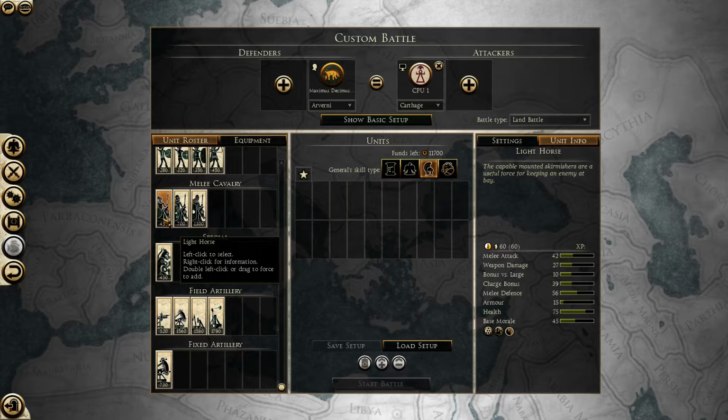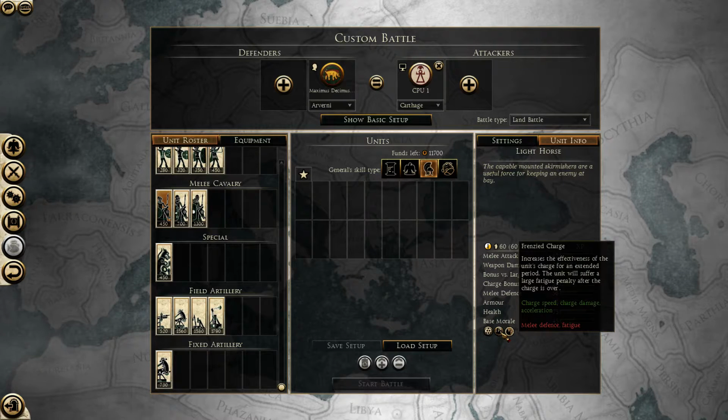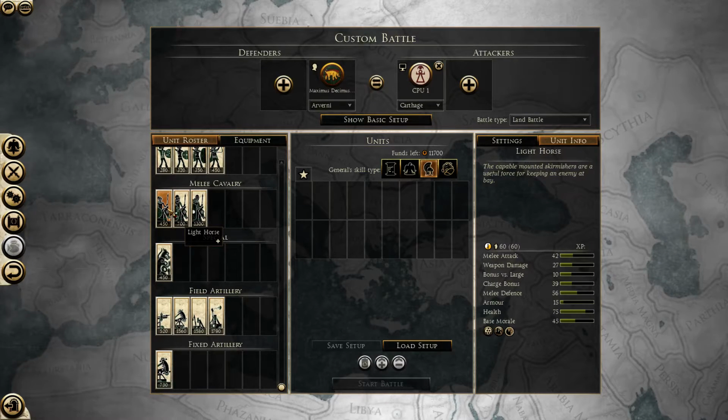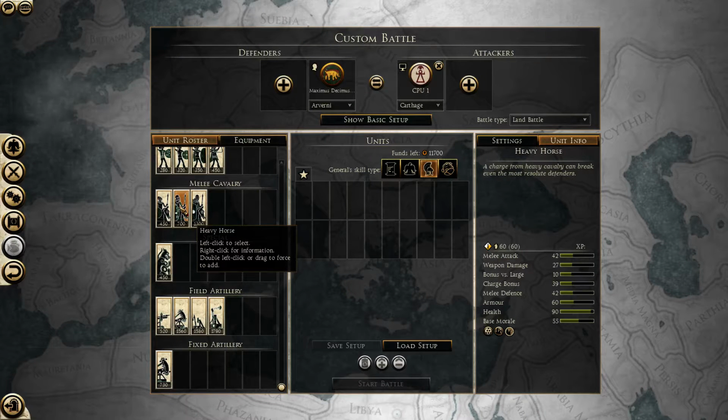Celtic Light Horse, mainly used for chasing down skirmishers and generally being annoying. Since they are light, they are going very fast, and they have a good charge bonus for their mass rating. They also have the frenzy charge, which can be useful in rear charging. For rear charging, these guys are good. They also throw javelins before charging. The heavy horse, cost effective, good